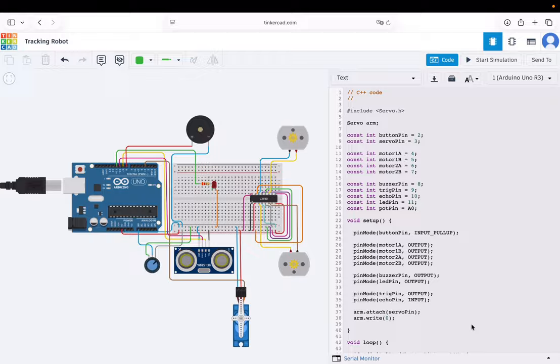Today I will present the Arduino code and electronic circuit for my tracking robot. I'll explain the code section by section, and then I'll demonstrate how the circuit works in the simulation. My robot is designed to help hospital staff locate misplaced medical equipment, avoid obstacles, and safely transport items to the